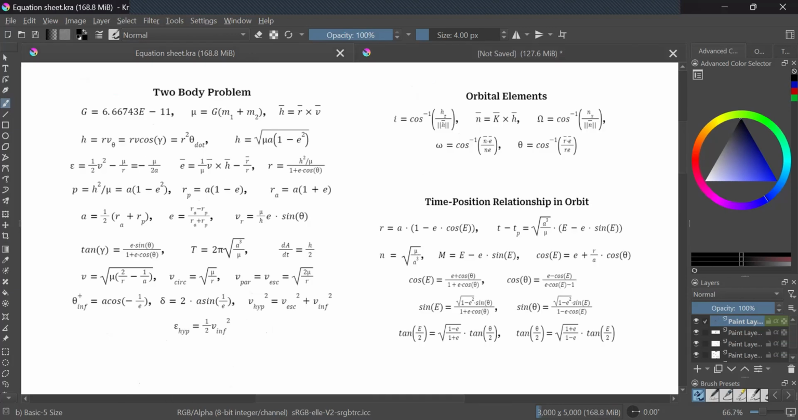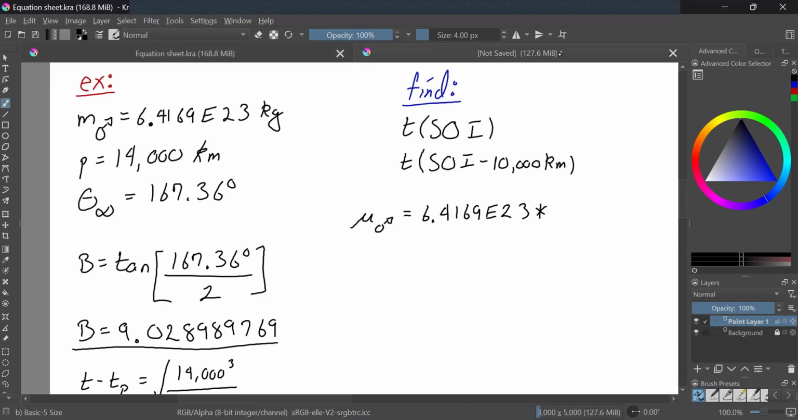Times, over here on our equation sheet, I included the gravitational constant. That's the word for it. I almost called it a parameter again. So 6.66743 times 10 to the minus 11. And it's going to give us a value of 4.278, and I'll stop there, times 10 to the 13th